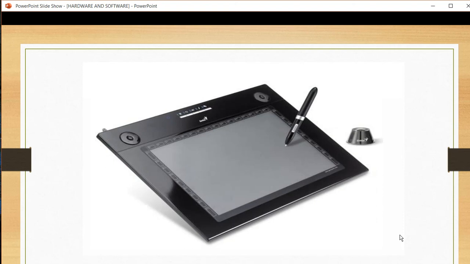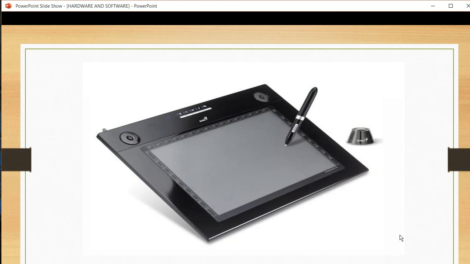This light pen is used to write anything on this special pad, and with the help of this pad you can see all the things on the monitor. It means whatever you write on this special pad, that information will be displayed on the monitor.